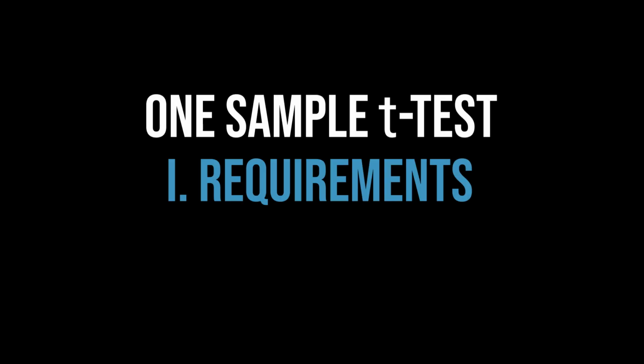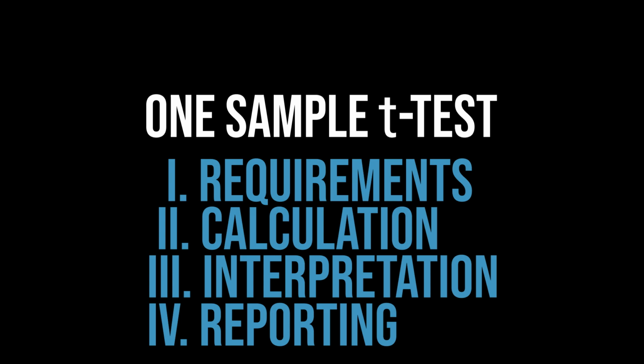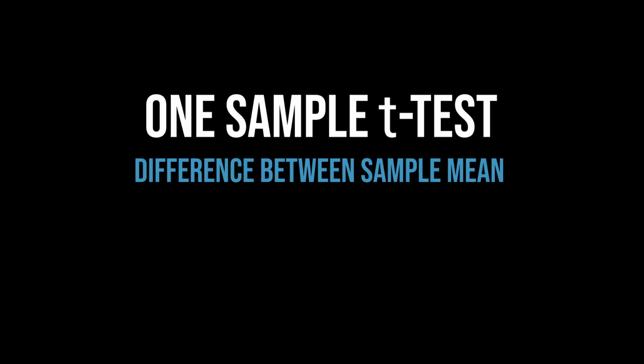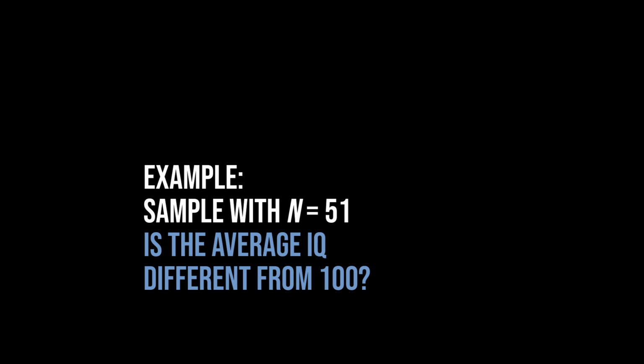This tutorial shows testing the requirements, the calculation and interpretation, as well as reporting the results for the one-sample t-test in R. The one-sample t-test is used when you want to test for a difference between your sample mean and a hypothesized mean, i.e. population mean. For instance, I have a sample with 51 observations and want to test the mean of the IQ against the